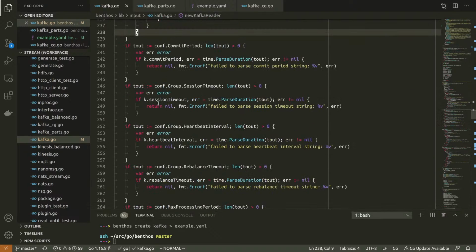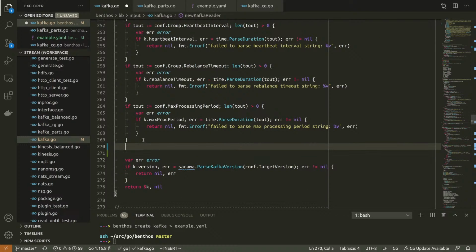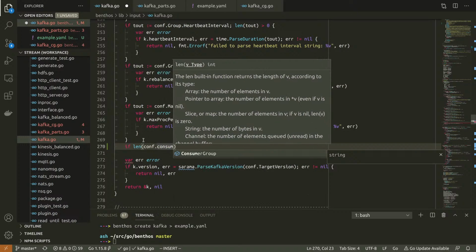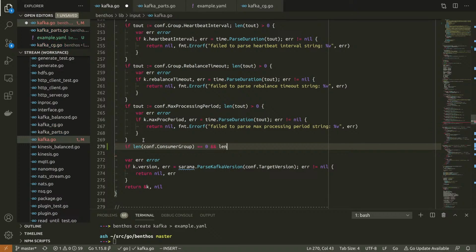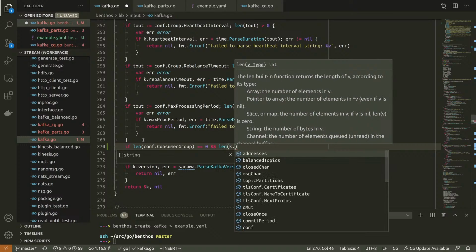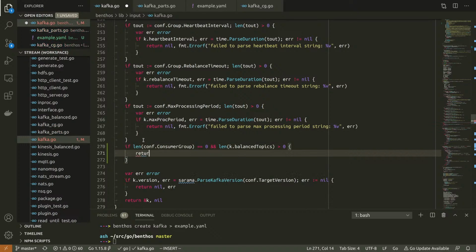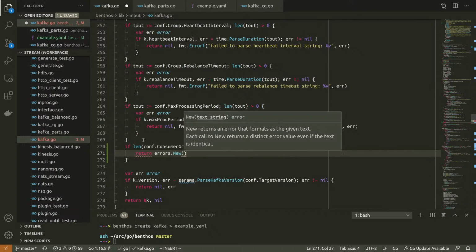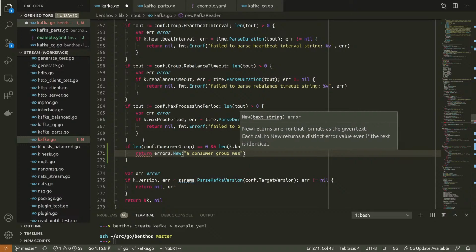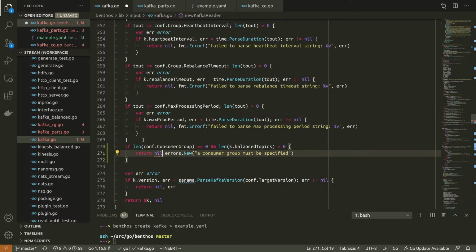So we will catch that at some point, but I'm just going to catch it further down here, or I'm going to say if the length of your consumer group is empty and you've specified balanced topics, errors.New, a consumer group must be specified when consuming balanced topics.